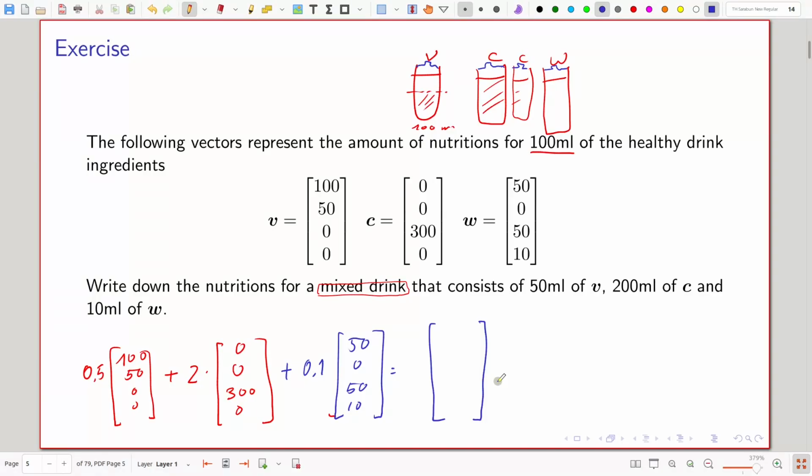Again, what is this vector? This vector is a linear combination of vectors V and W. Okay? It's a linear combination. You take a set of vectors and you scale them and then you combine them and you get these vectors. So do the final calculations.